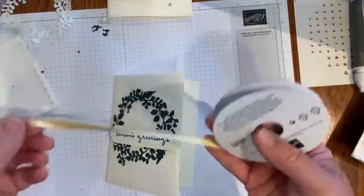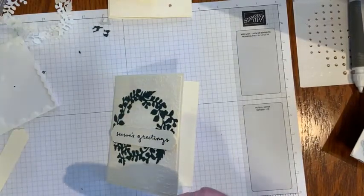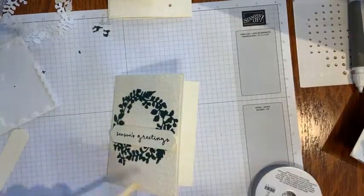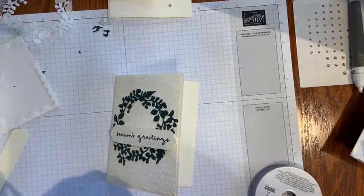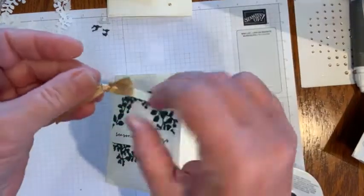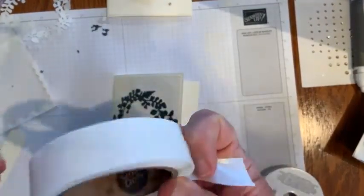All right, and I grabbed some of the gold shimmer ribbon and enough to make a ribbon. And so I've got a ribbon all ready to go, and I will just use a glue dot and put it on the...